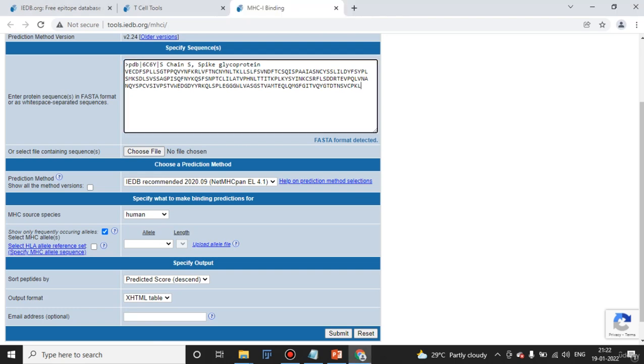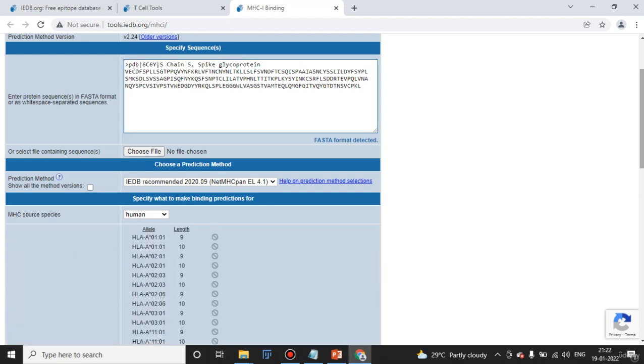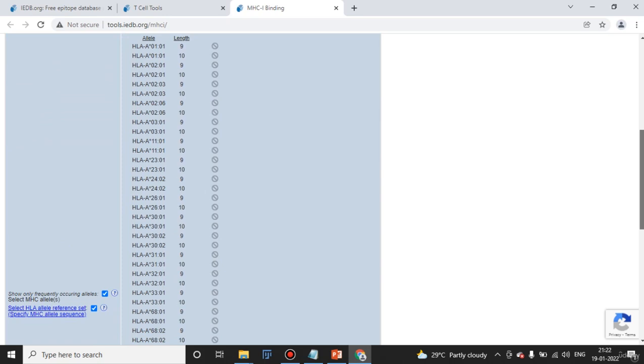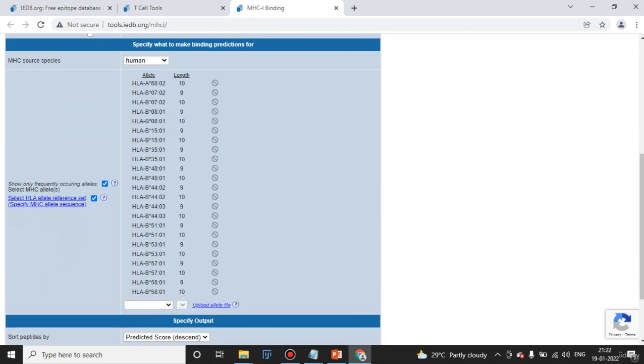And now to select the HLA reference set, you need to click the button here, and then it automatically gives the result of all the HLA references. Okay, you can actually delete this and enter manually as well. You can press this button, then all the alleles will get deleted like this. So you can delete everything like this